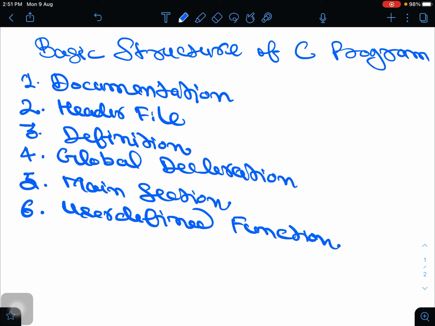So in this section, at first we will write: a C program to add any two numbers. We can see this documentation section has information about the program, meaning what is the basic purpose of the program.